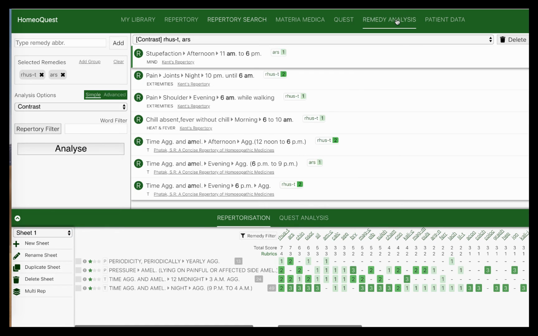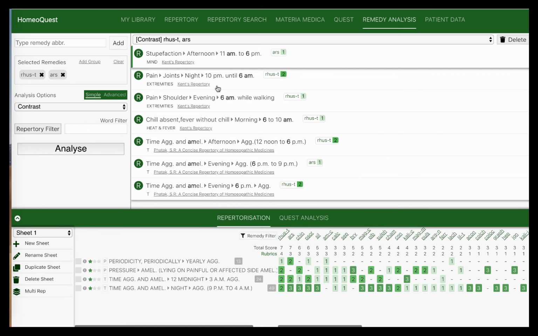So what I'm doing here is a remedy analysis. I've chosen Rhus tox and Arsenicum, and in the remedy analysis, I've put in 6 a.m. I use a contrasting feature where I want rubrics with Arsenicum but not Rhus tox, and with Rhus tox but not Arsenicum. And I've checked in all repertories in Mathematica here, and when I put in 6 a.m., you can see